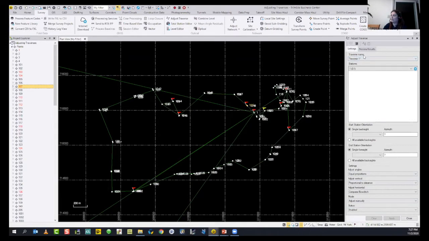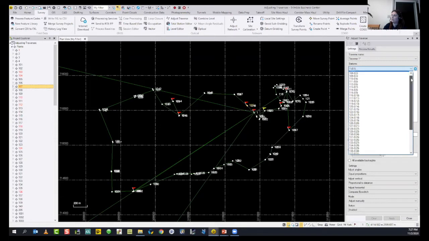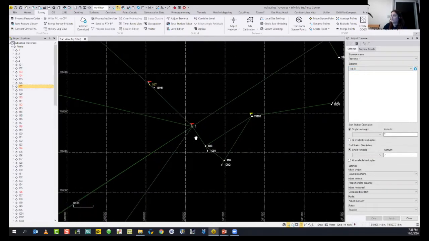When you create the traverse name, you will see the stations container. Now I start my station with 1, but by clicking this arrow, you will display all the available stations. I'm going to start with 1 in here.